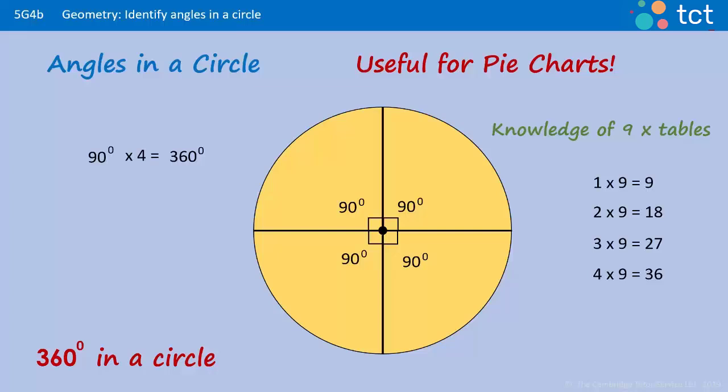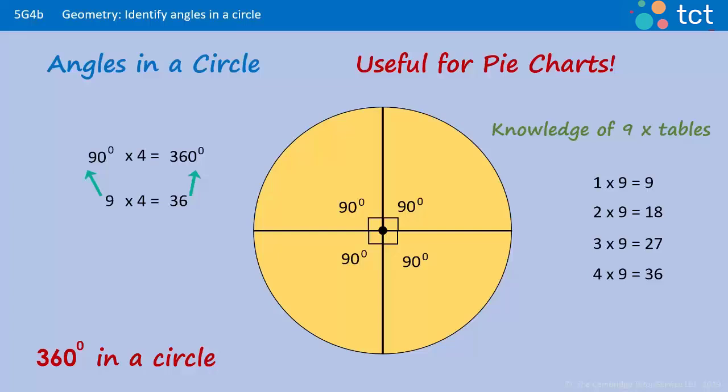One thing some of you may have noticed is that knowledge of your 9 times tables is really useful here. If you look at these first 4 multiples of 9, 9, 18, 27, 36. 90 times 4 is 360. 9 times 4 is 36. Because we've multiplied the 9 by 10, we can use that information to help us work out some of the